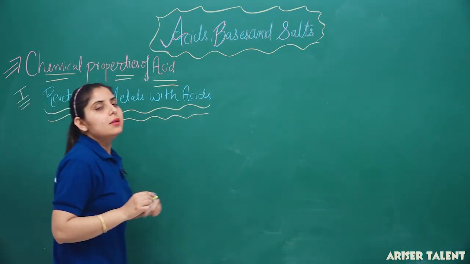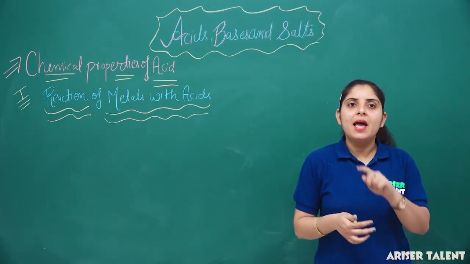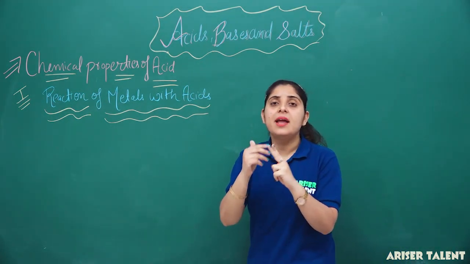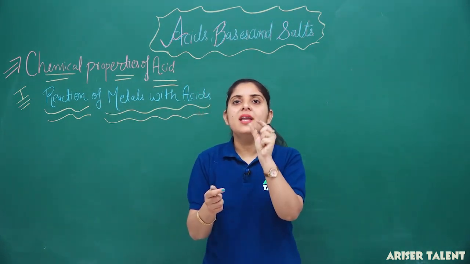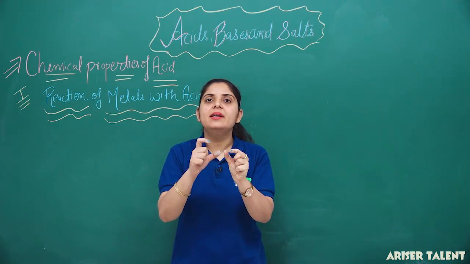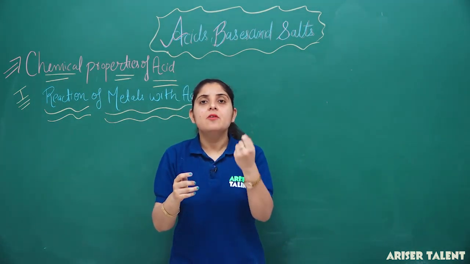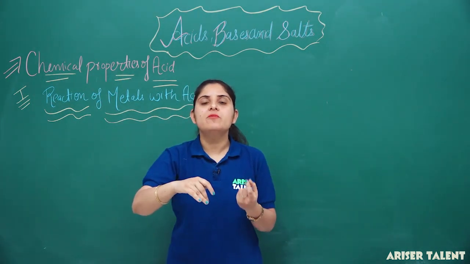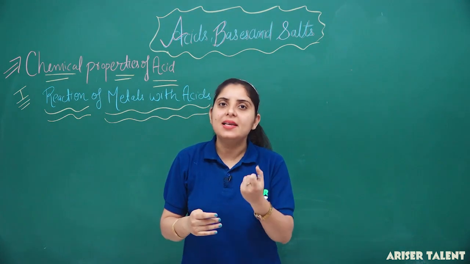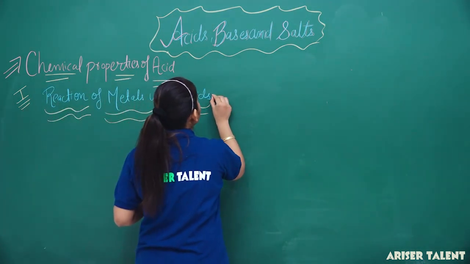If I'm talking about the reaction of metal with acids, I have to consider it in two categories, that is more active metal or less active metal. The hydrogen element is considered as a standard, and the metals above hydrogen in the reactivity series will be counted as more active metals, and the elements below hydrogen will be considered in the category of less active metals. So we will have two categories here: